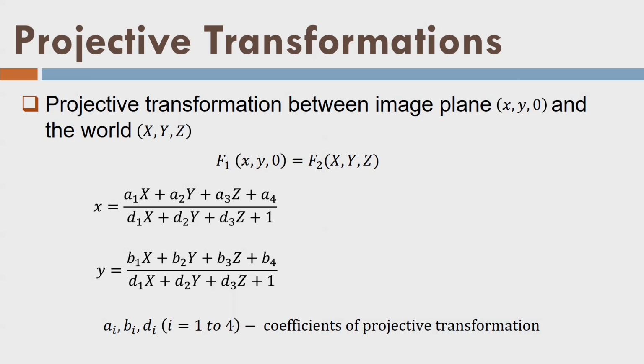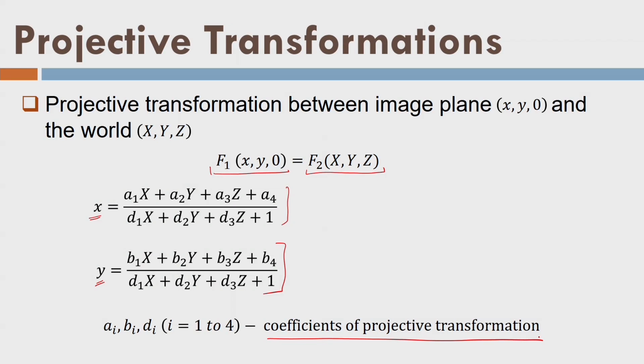Now I can use this equation and write the image coordinates like this. So, f1 x y 0 and map coordinates are x y z. I can write x equal to, y equal to like this. You can understand it. These are all coefficients a1 to d, and they are called coefficients of the projective transformation. So, how can I find out all the parameters of any transformation? In the next lecture we will learn how to find out parameters if I have some image points and corresponding map points also.